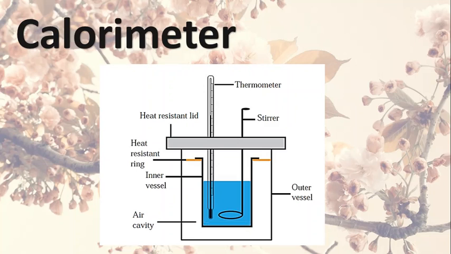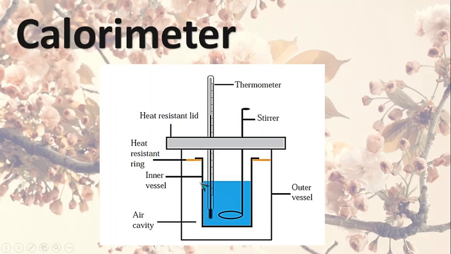A calorimeter is used to measure the heat content of an object. Using this equipment, we can measure the heat produced or absorbed in a physical or chemical process. It is similar to a thermoflask. A calorimeter has two vessels,